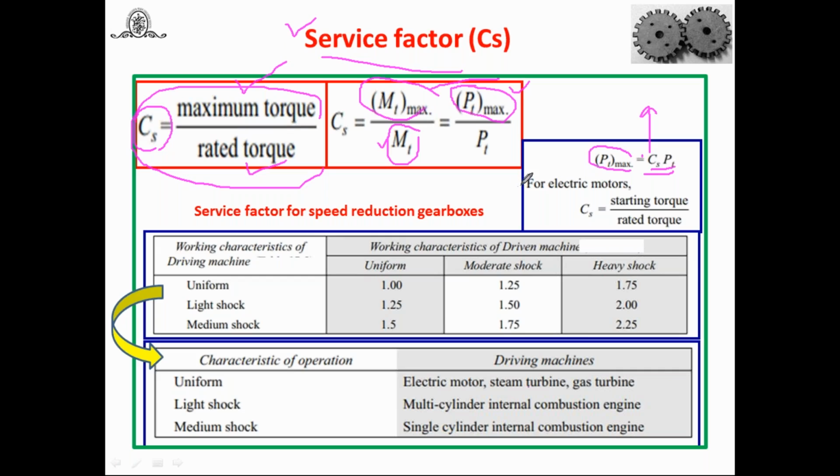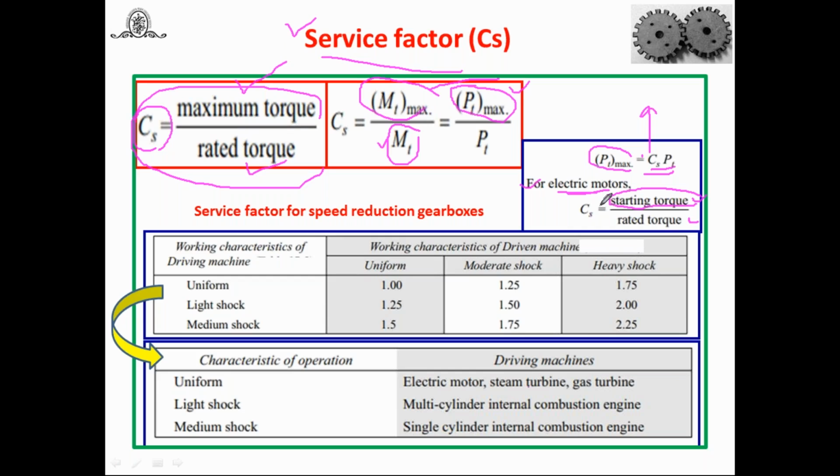Again, to take one important example, suppose electric motors, you might have studied in second year engineering also. There is a starting torque and then rated torque. If you are going to start any electric motor or induction motor, you know very well, initially the stator or rotor which is at a stationary position, when you are going to rotate it by using a button, what would happen in this case? Initially there is friction, and to start it, starting torque required is more, and once it has started, the rated torque or running torque is less.